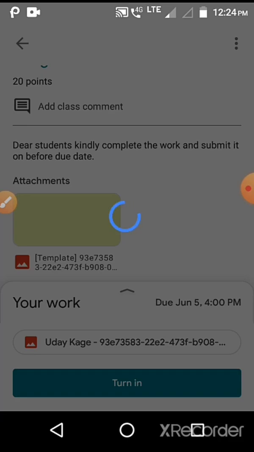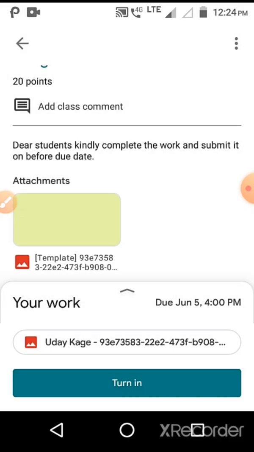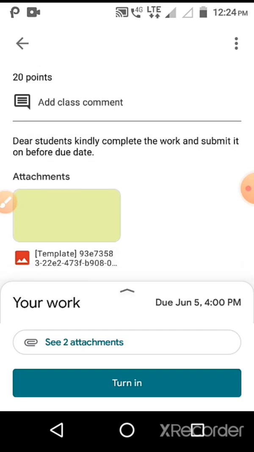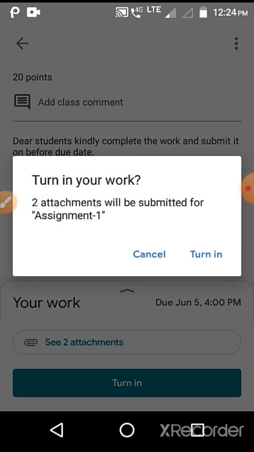It depends upon your network. So you can see here, after turning in your work, 2 files will be submitted for assignment number 1. So these 2 files will be submitted.